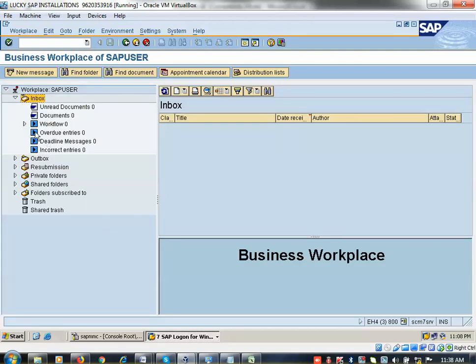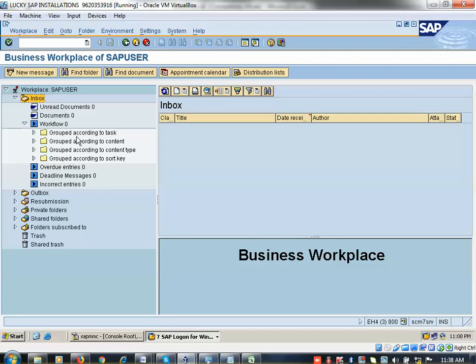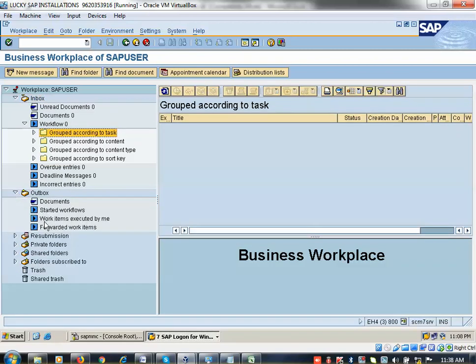So now here, workflow. This is the one work item inbox. Here is the outbox; whatever I sent will be available here. Now nothing is available because I have not sent anything from my inbox, or sent anything to my inbox. But in real time it will be available like this. I am only showing the visibility; practically I cannot show you.